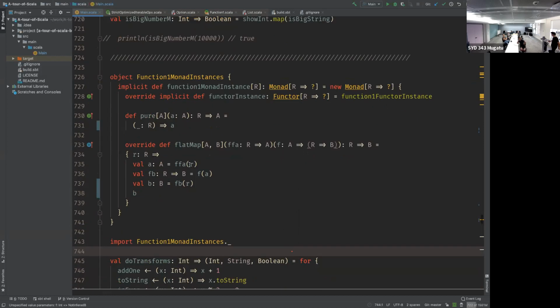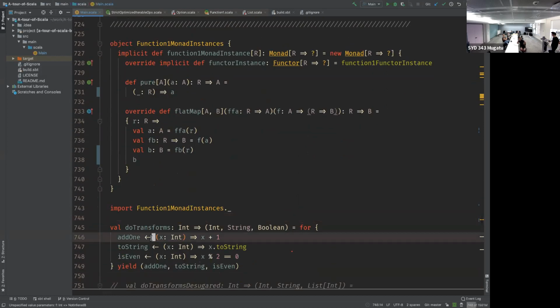What happens is when we call flatMap, it makes it read from this parameter. So what's happening is, that's the f. So this is an f of a, right? That whole thing's an f of a. It's an int to an int, right? So what happens is when we call flatMap on it,